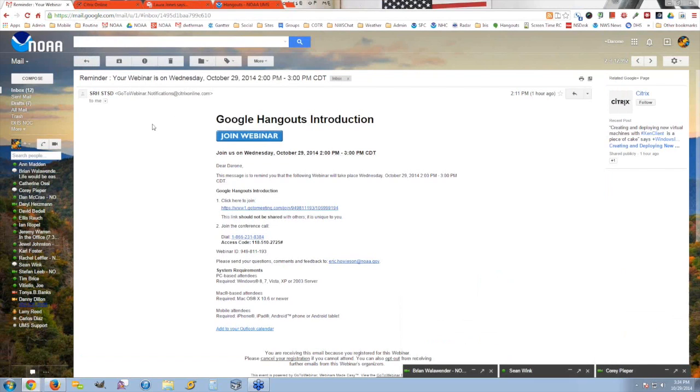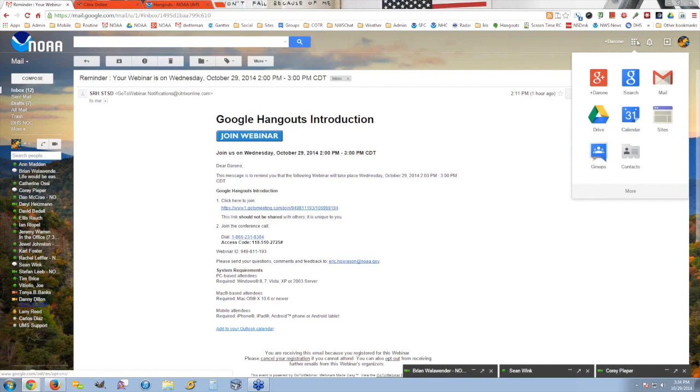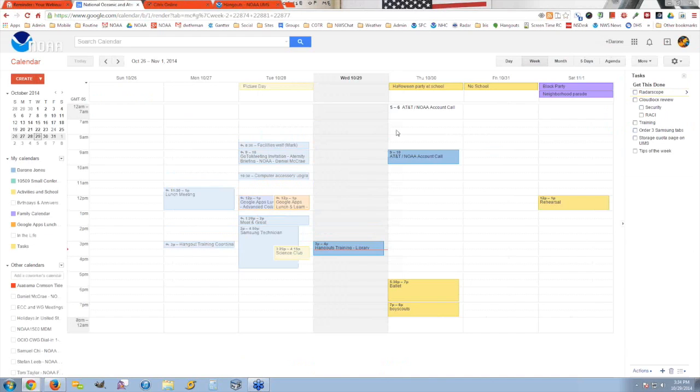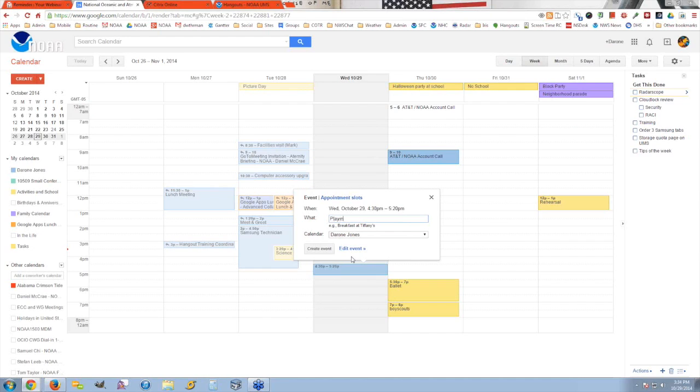New to your calendar as of 2 weeks ago. Let me close that out. To get to your calendar now, you have to go to this app drawer. That's what that's called. And click Calendar. What you're able to see here when you're creating a new event, I'm going to go ahead and create a new event, is when went to NWS.